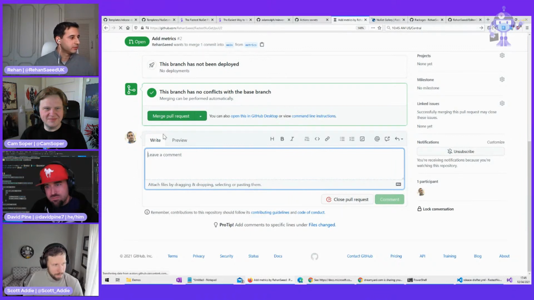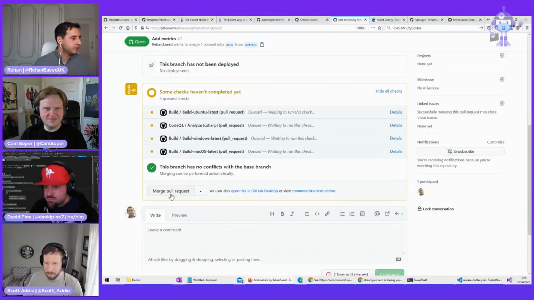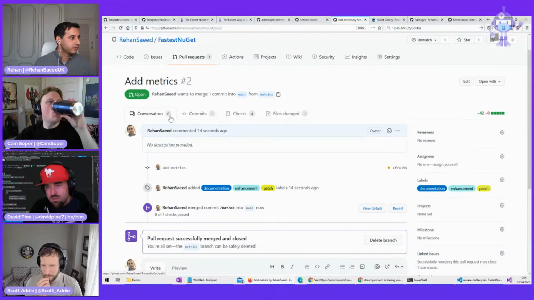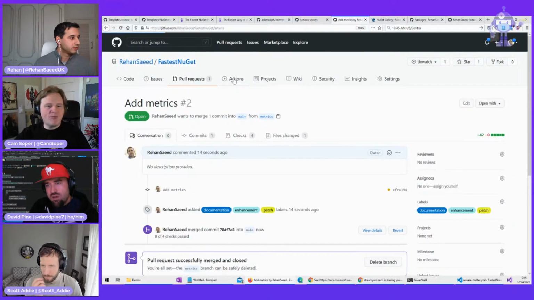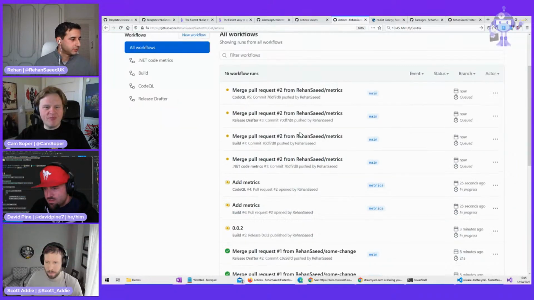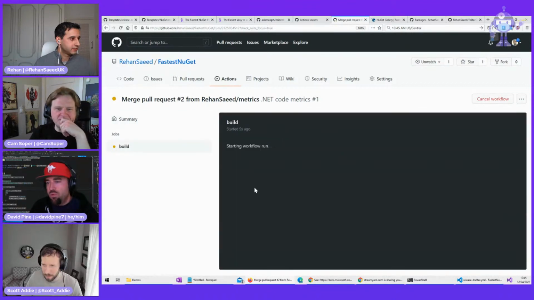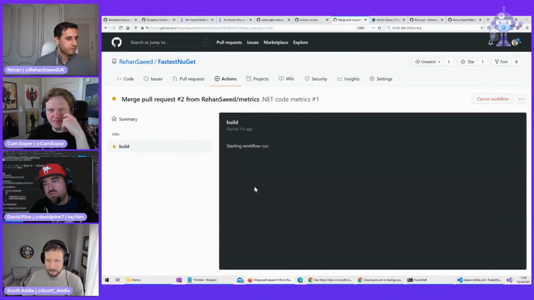Let's see. There we go. And that one didn't pop up, but maybe because I need to merge it first. Yeah, go to Actions now and be curious if it's running. .NET Code Metrics. So then you should end up with a pull request automatically that would have the code metrics